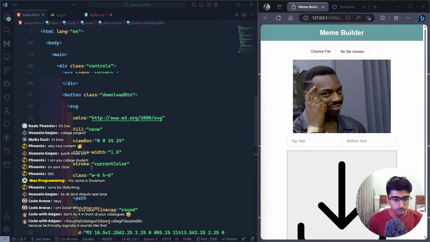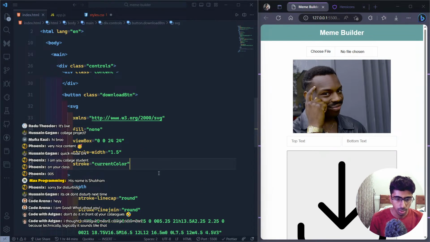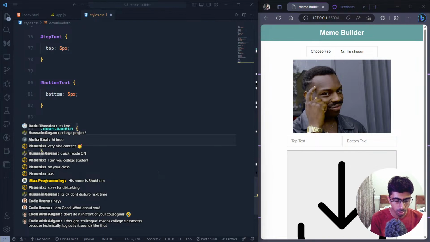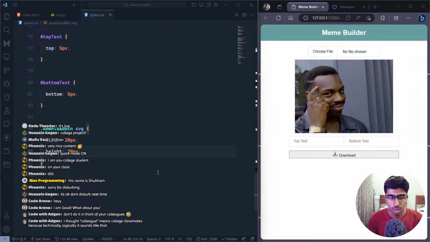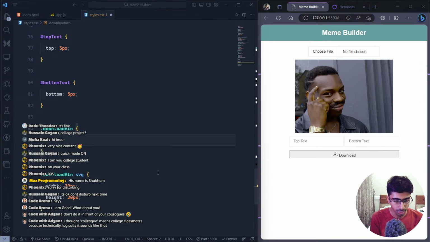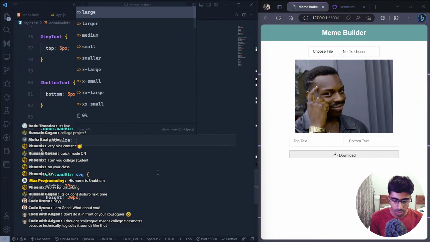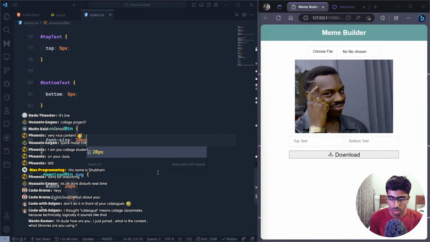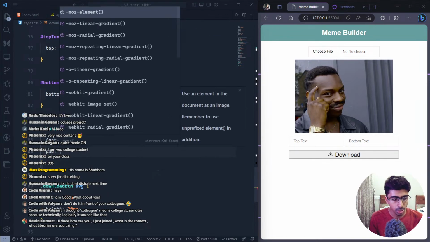Well, it shouldn't. Let's first of all target the SVG because we don't want it to look huge. So I'm just going to say width is going to be 20 and height is also going to be 20, which makes it look better. Then we go download btn. The font size is also going to be 20 pixels. And then there's going to be some padding of,